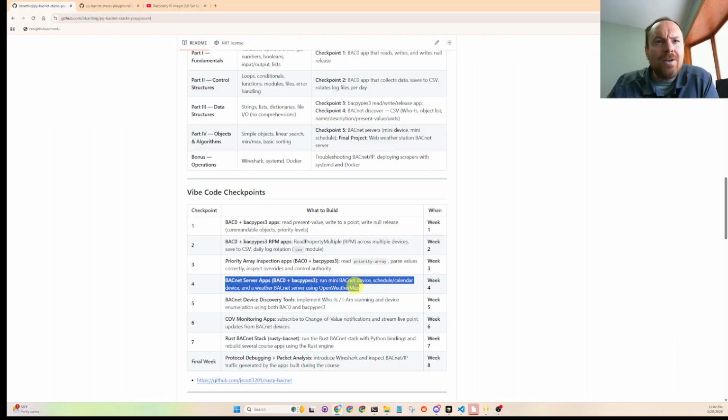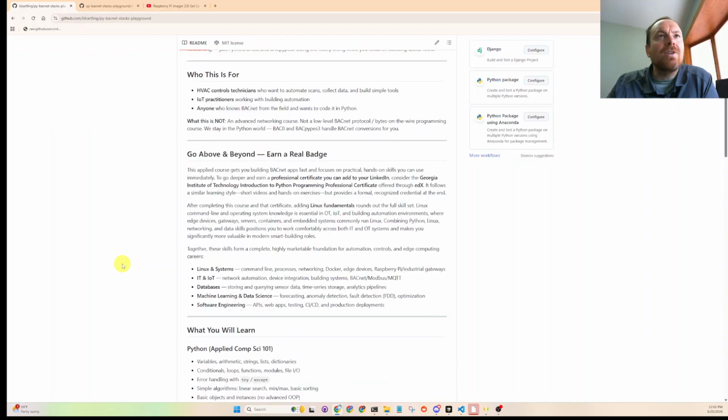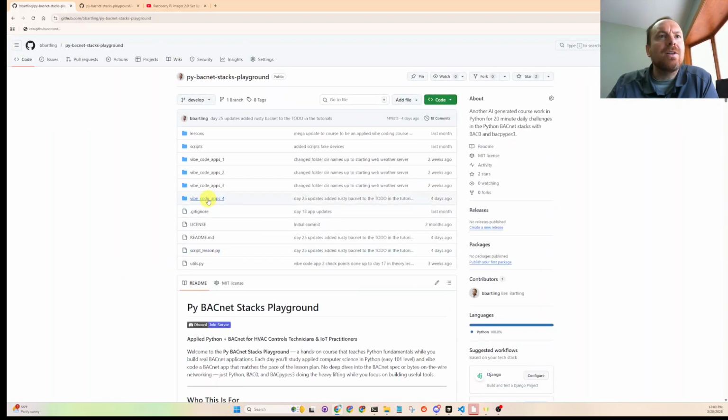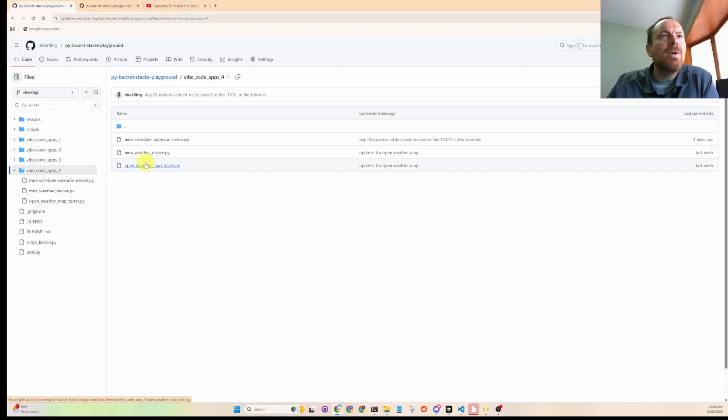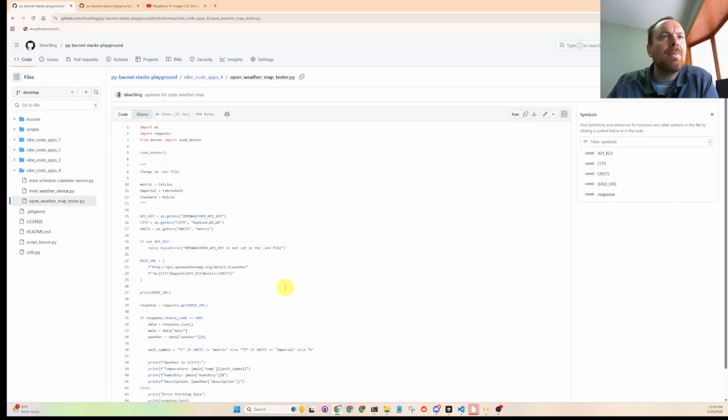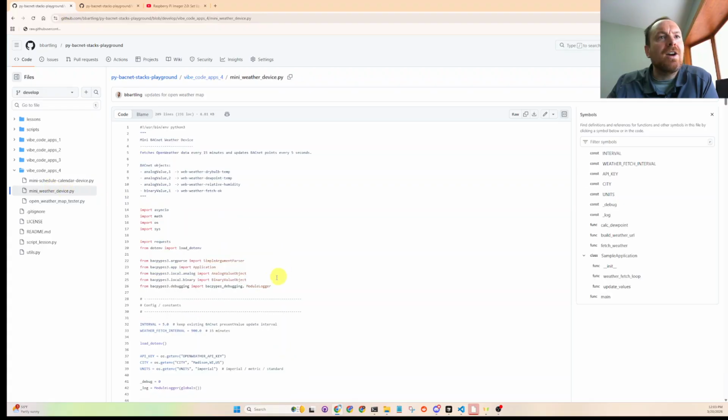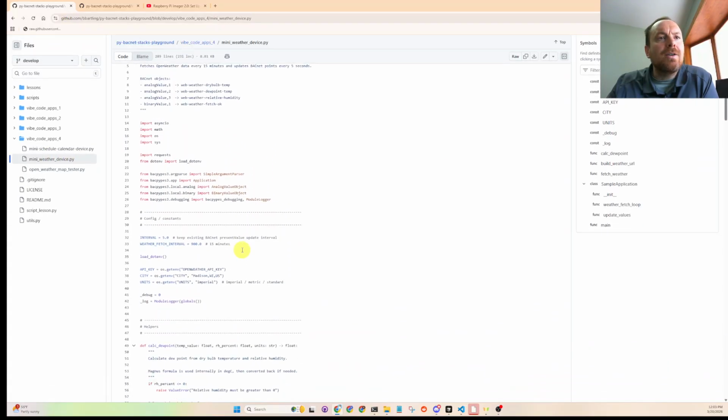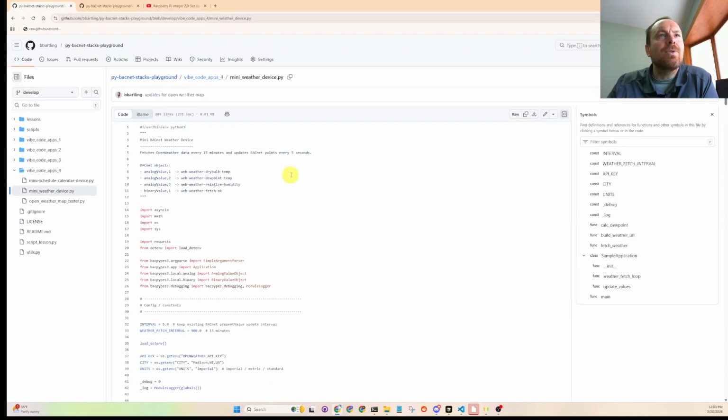So right now we're still on this, and we're going to do the calendar schedule device, but let me know if you have any problems with the weather app. This is where we used the Open Weather Map API, and we tested it, put this print into the browser, and then this is our mini. This is our device that we're running on